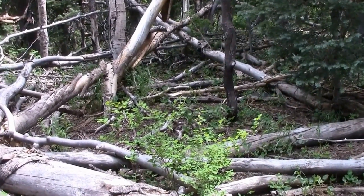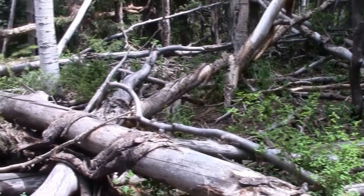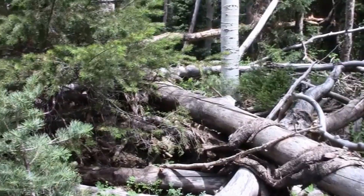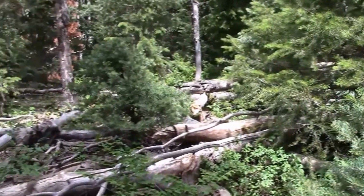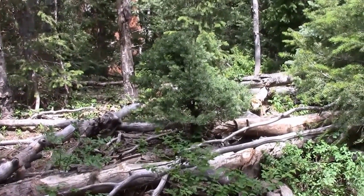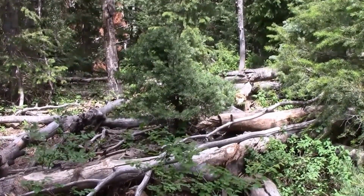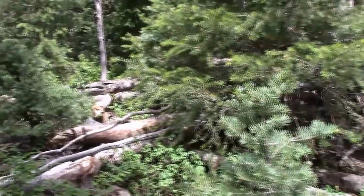And again, I'm trying to find one that's on the ground that doesn't have the bark stripped off of it. And at least some of the bark. I mean 50% or more of the bark. And I don't see one. And that's not the case when you go. Now bears could be doing this, you know. They could be pulling this off and looking for bugs or whatever, eating the inside of the bark. But